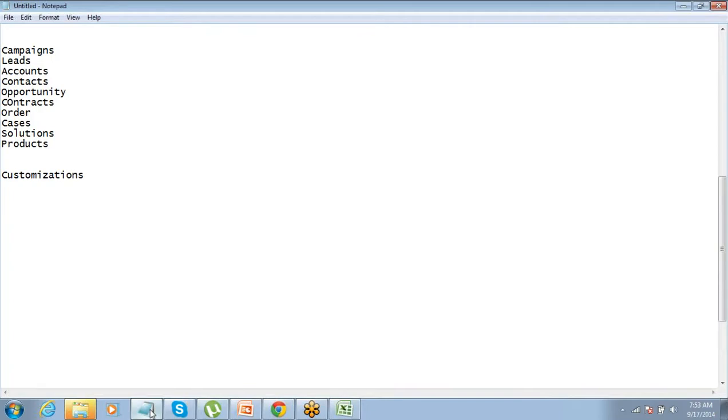Now for customization, the first or basic level of customization will include things like adding more fields. For example, in campaign, if you require one more field for your campaign, let's say you have a special criteria, allocated budget.